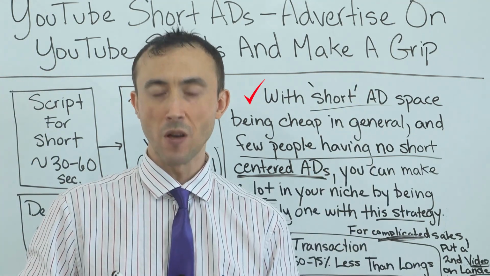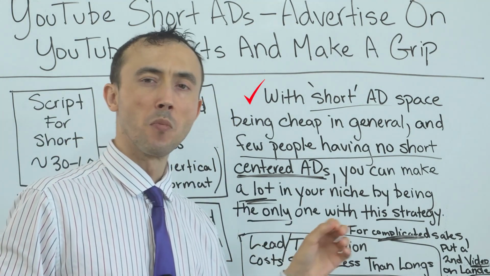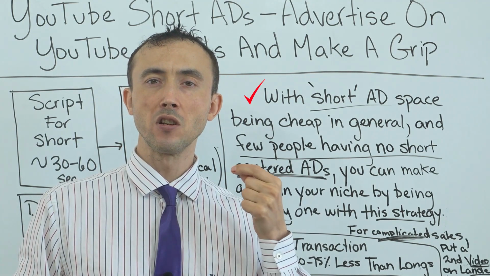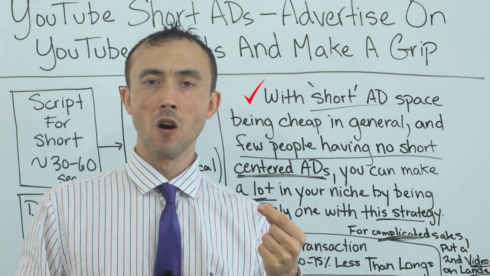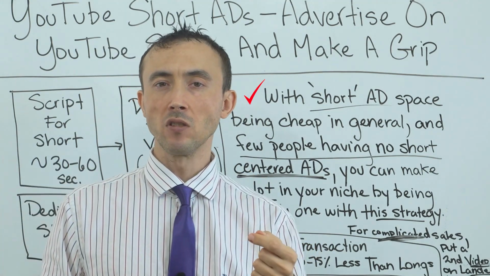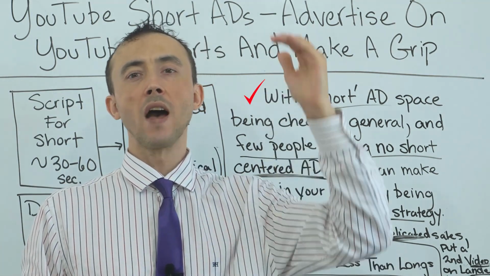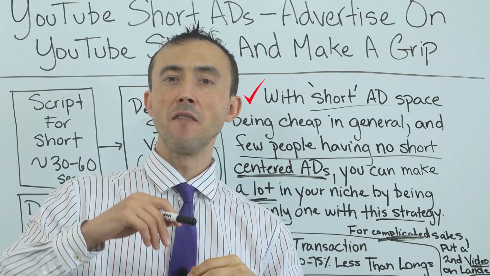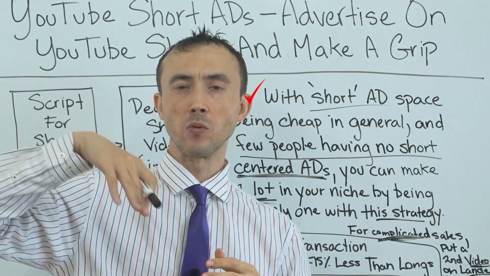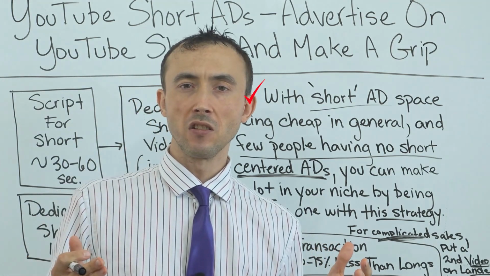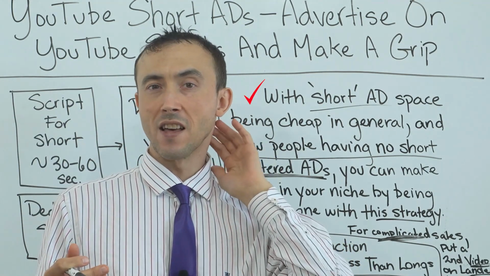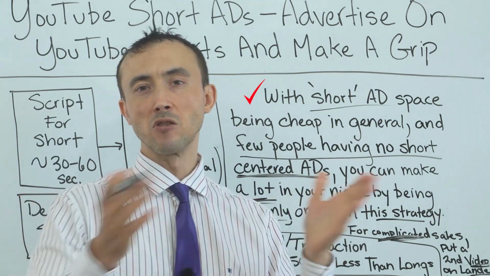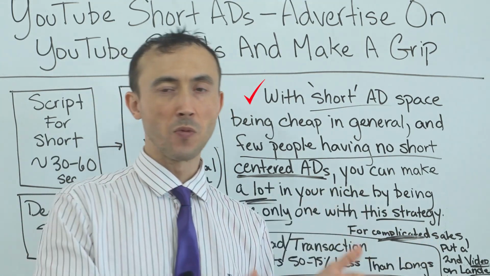It's not a term a lot of other people use, but the important thing is that a lot of people who see your short ad are going to click through, get to your landing page with your long video on it, and you're going to get a lot of bounce off that page. A lot of the views you get from those short ads are going to be people on the actual short feed. They're not going to be willing to just watch a 3-minute video. They're on shorts because they like shorts. So, obviously you try to make your video as good as you can so you have the least bounce back to YouTube without watching fully through that video.